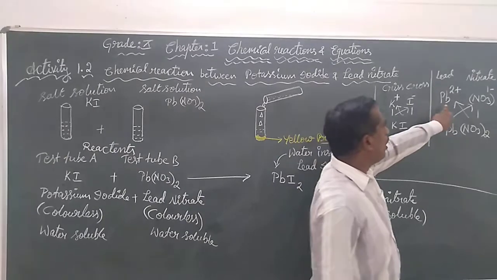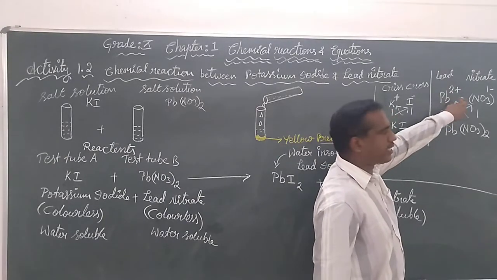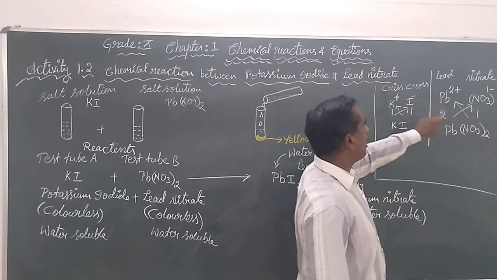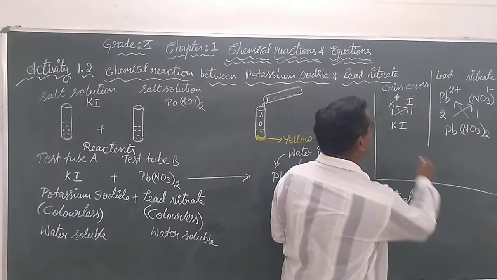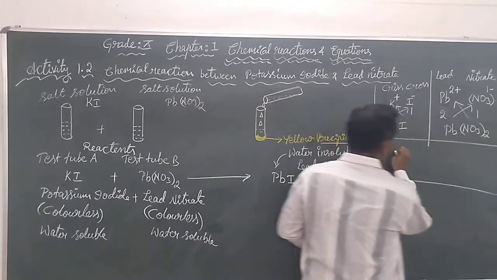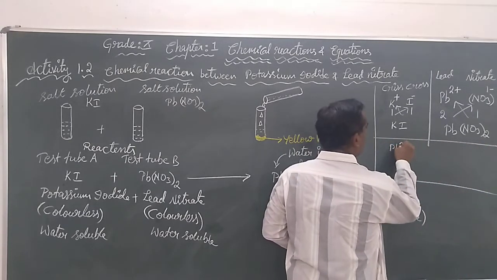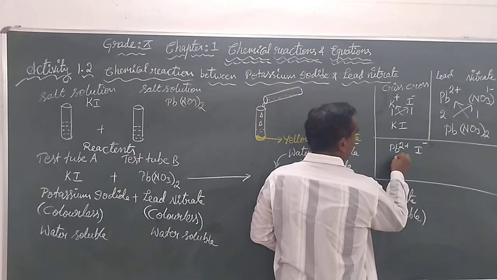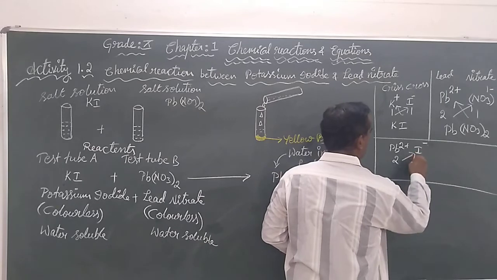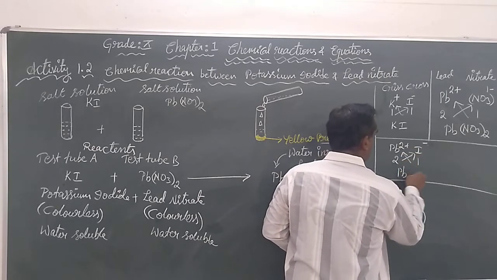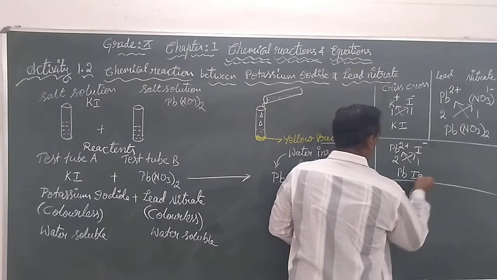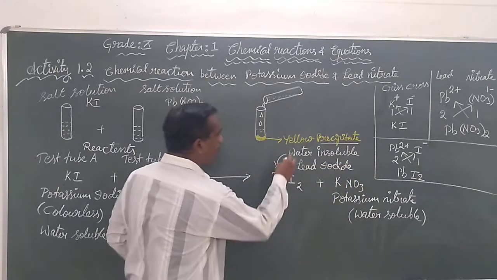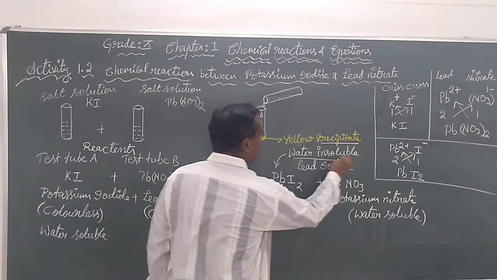Previously we came to know lead shows 2+, a divalent positive ion. Iodide shows a minus ion. Hence we get Pb2+ and I-. So this 2 and 1, once we crisscross, we get PbI2. So the formula of lead iodide is